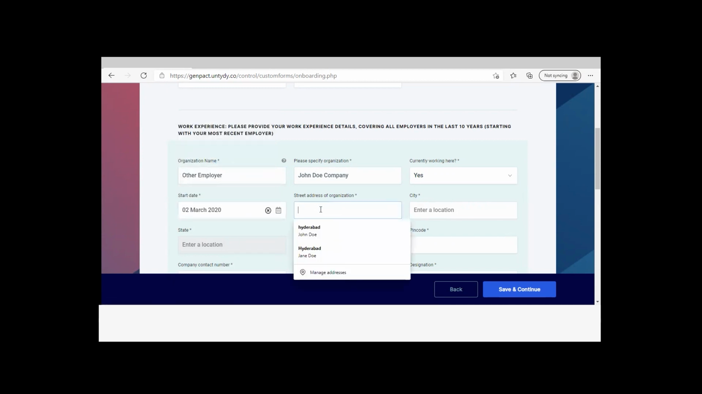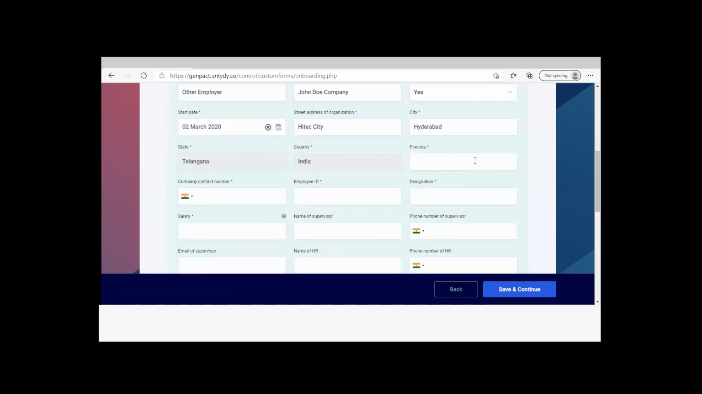And the address, the location, the PIN code, your company contact number, employee ID, your designation, your salary. Here you're required to input your salary per annum,